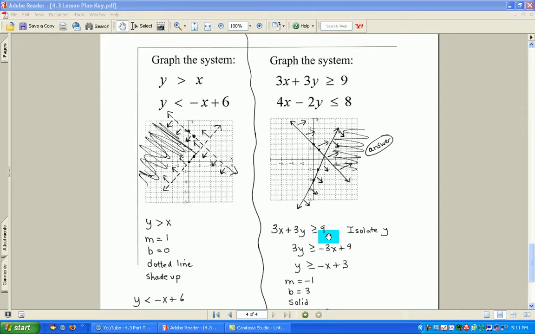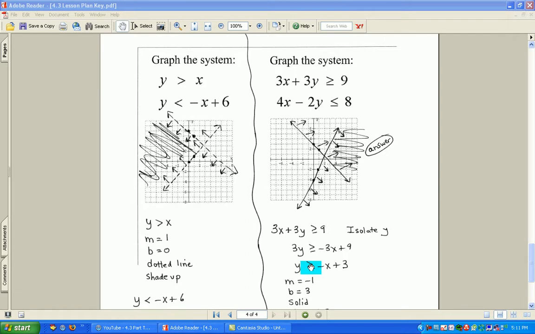3x plus 3y is greater than or equal to 9. I need to get y alone. So my first step is to subtract 3x from both sides. And my next step is to divide everything by 3, which gives me y is greater than or equal to opposite of x plus 3. Now, to graph this inequality, the equals under here means the line is solid, and the greater than means we